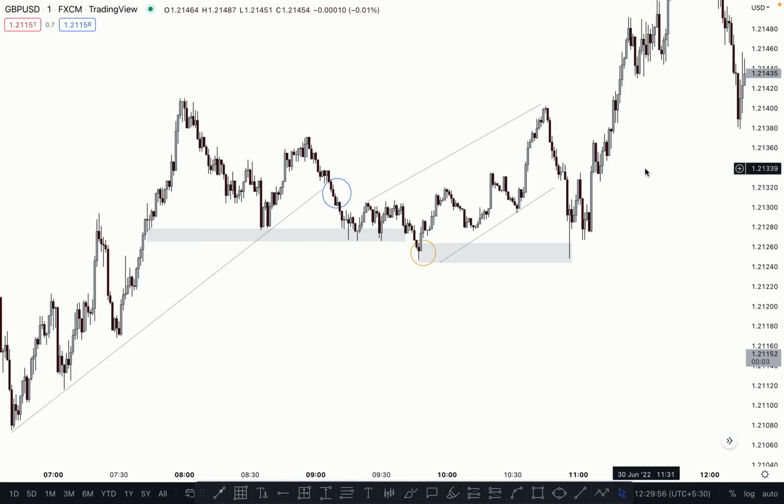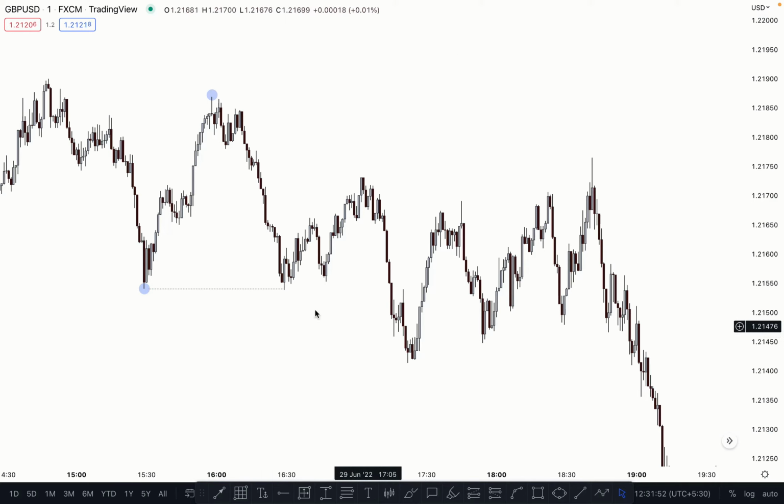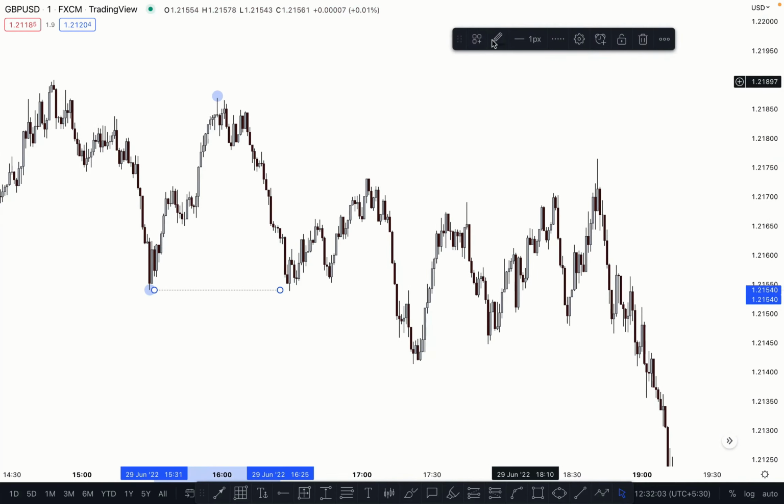As you can see here, if I mark the first structure, the recent swing low and recent swing high, once price broke the structure, which is here, this is an equal low. You can say the market slightly takes the low and then pushes higher and then downside. So this one is not a break of structure, but most traders are looking here to buy and putting the stop loss just below it, but we mark it as a break of structure, correct?